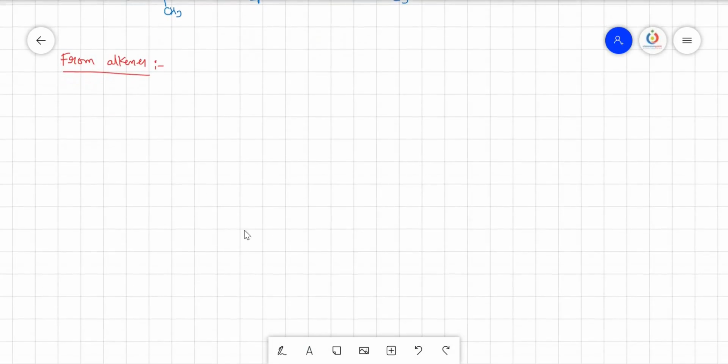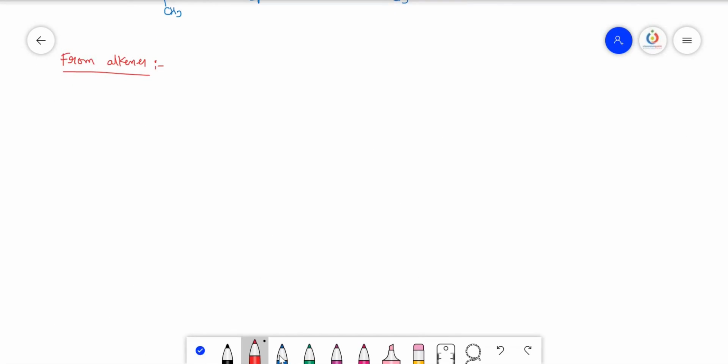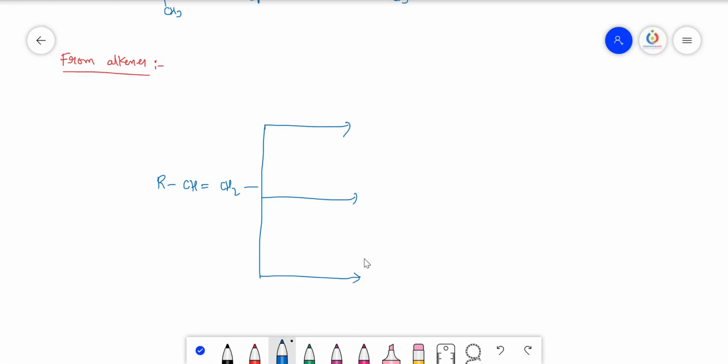So, alcohols preparation from alkenes. This we know: if you take an alkene, hydration of alkenes means adding water to the alkene in order to get the alcohol. For this particular concept, I made a separate video just recently. You can see that video for more details and the mechanism of how to get the alcohols